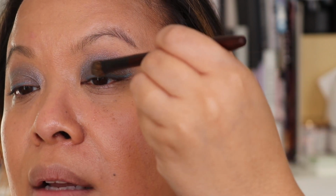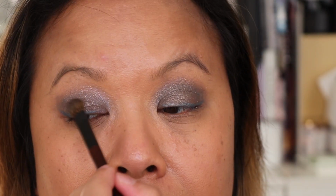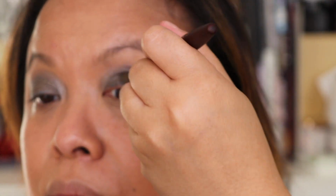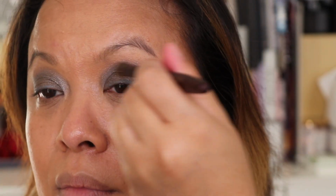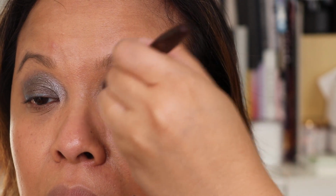Now I'm intrigued to see what this sort of brown or greeny element can add. So I'm going to add a little bit on, oh that's nice, on the top of my lid, on top of the blue here. Looks really interesting, I like it. So I've just kind of put that sort of olivey colour